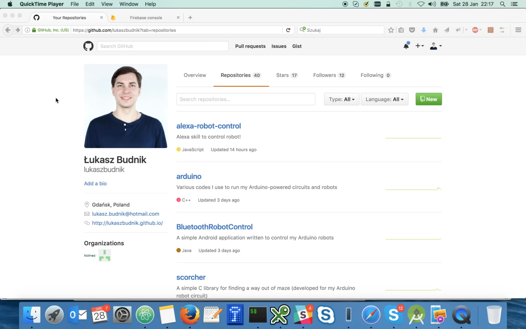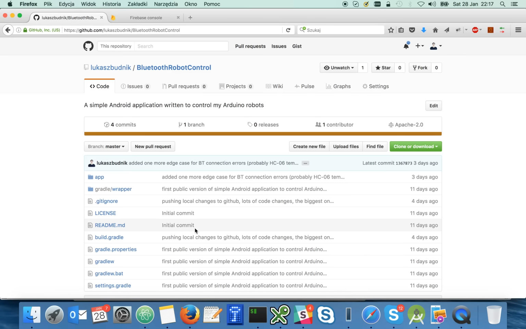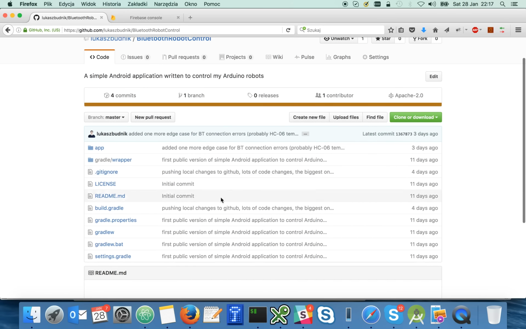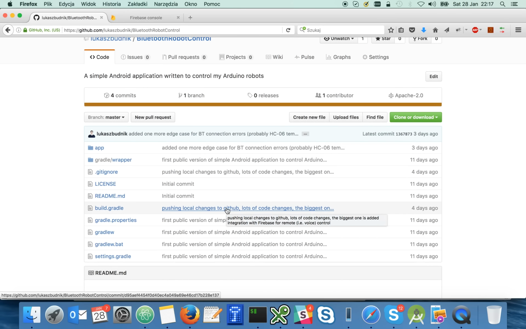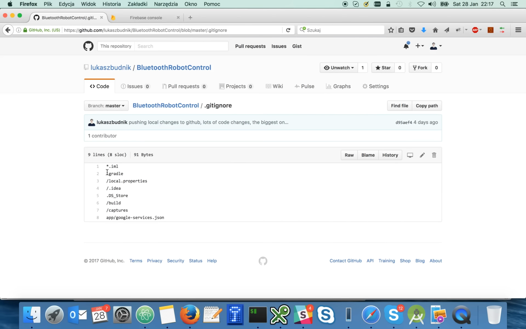In the links section, you can find a link to my GitHub account, to my Android application. It's here. This is a complete application. All you have to do is just clone it to your local device. Actually, apart from one thing, if you take a look at the gitignore file, I didn't push to my